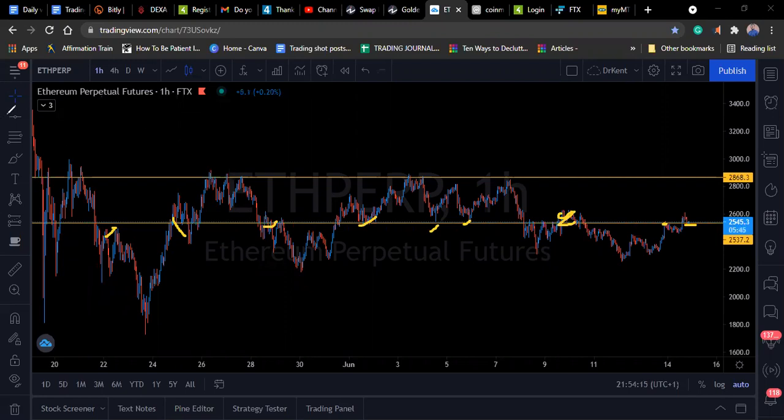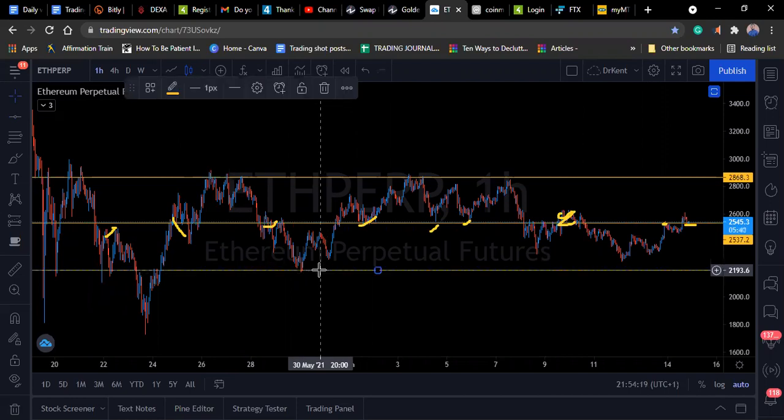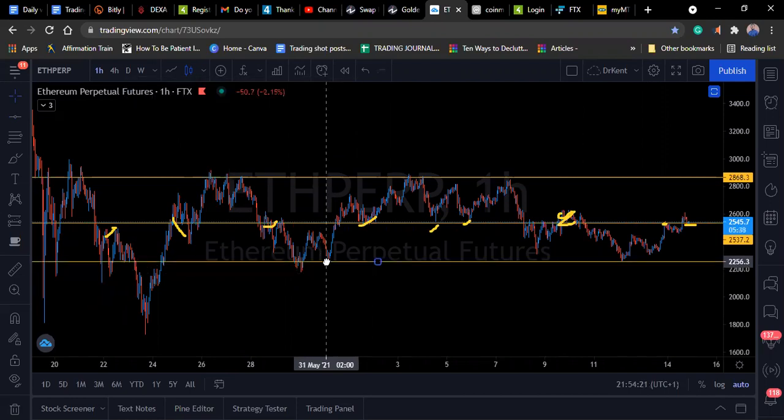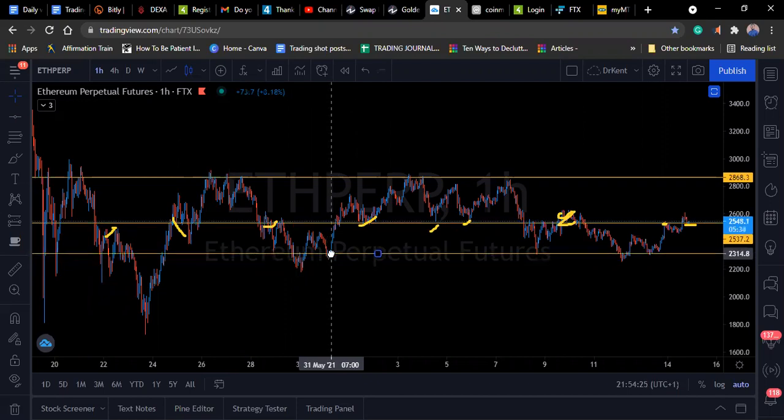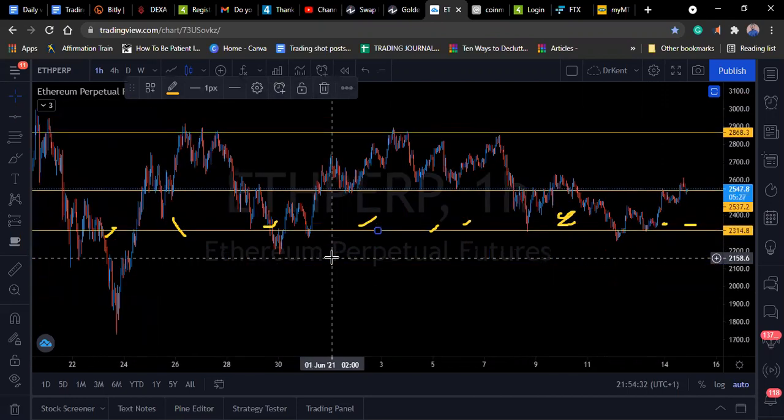So key level is basically the amount of touches or reactions that you have in that area. Then something you must also know about support and resistance is,